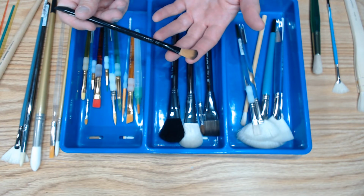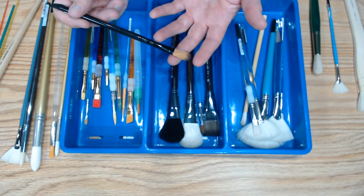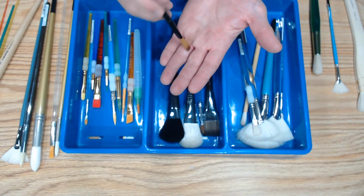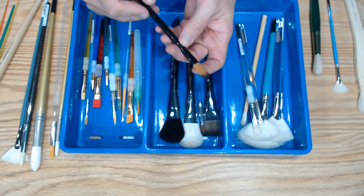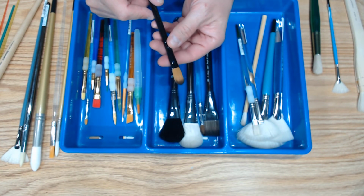So if you're working with any water-based colors, acrylics, watercolor, tempera, ceramic glazes, water-based inks, condition the brush by dipping it in water and working it in the palm of your hand. And what that does is it works that water into the middle of the hair in the brush. If you don't do that,